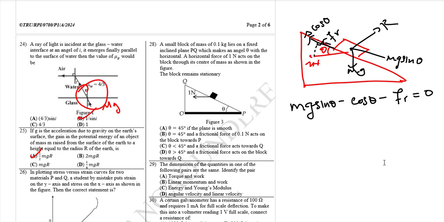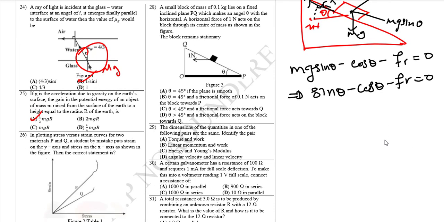Now this means we have mg. So what we have is g is 10 times 0.1. This will give me sine theta minus cos theta minus Fr is equal to 0. Now if we assume critical conditions where friction is equal to 0, if our plane is smooth,